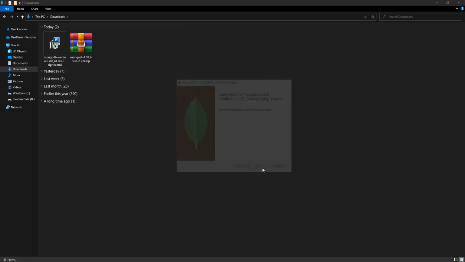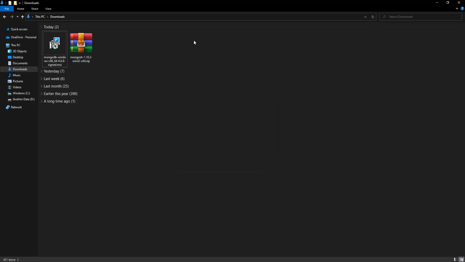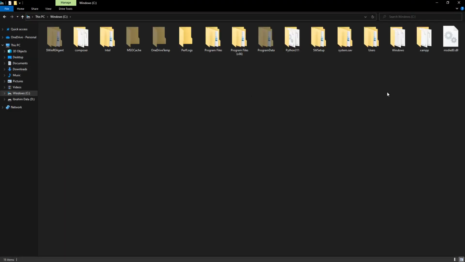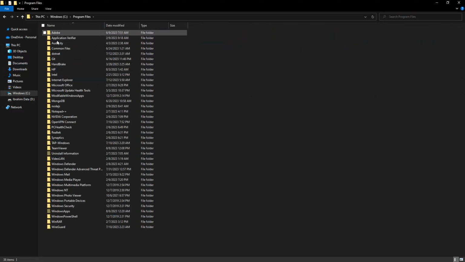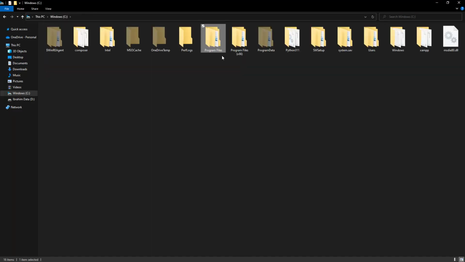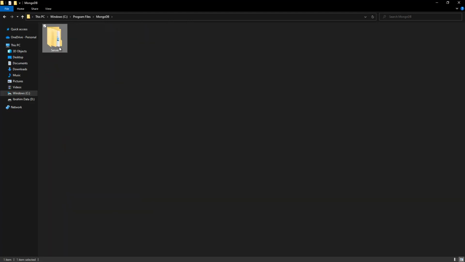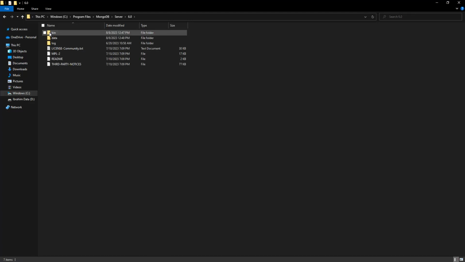Okay, you need to click on finish, and then you need to check where your MongoDB has been installed. Let's go into the C drive. In C, in Program Files, there are two program files folders: one is Program Files and another is Program Files (x86). Go inside Program Files, and inside that you will find a folder MongoDB Server 6.0, your version, and the bin. Inside bin you will see mongod and